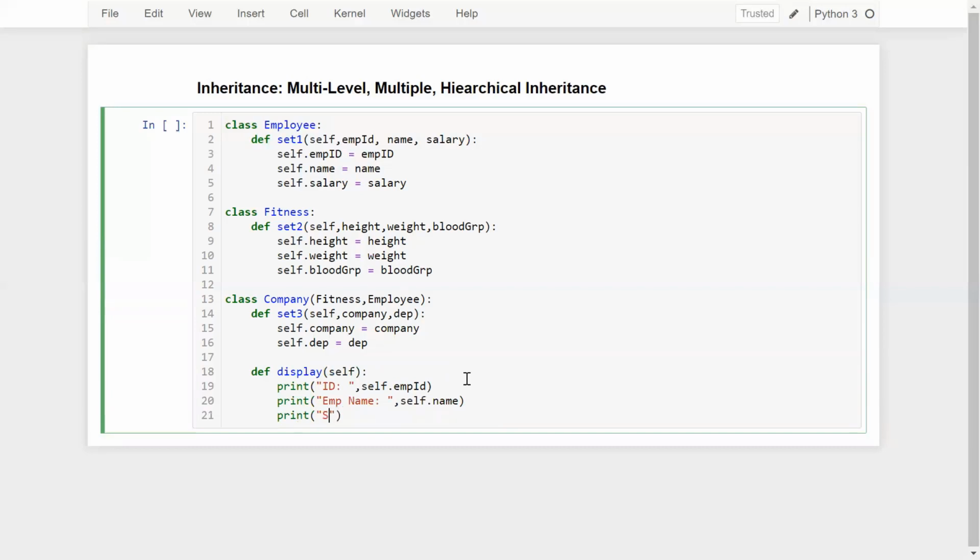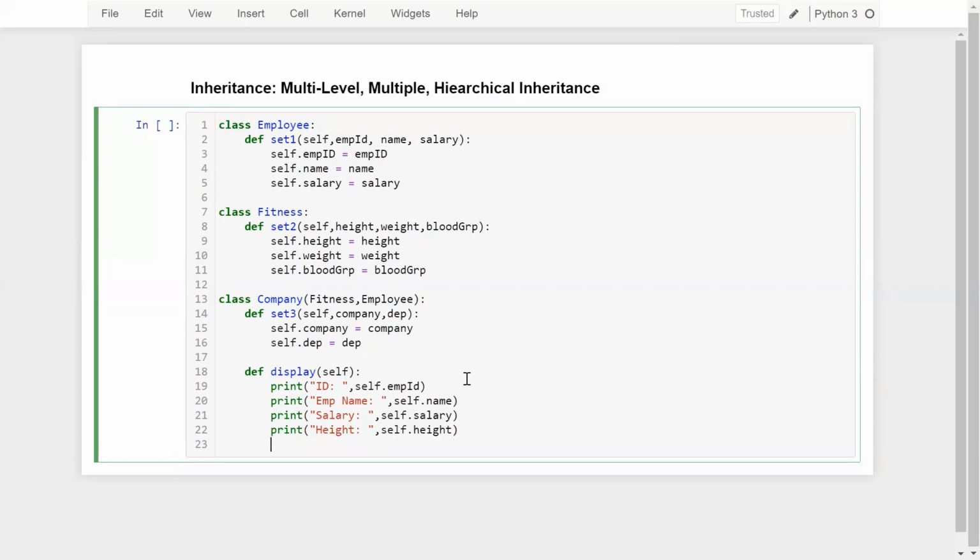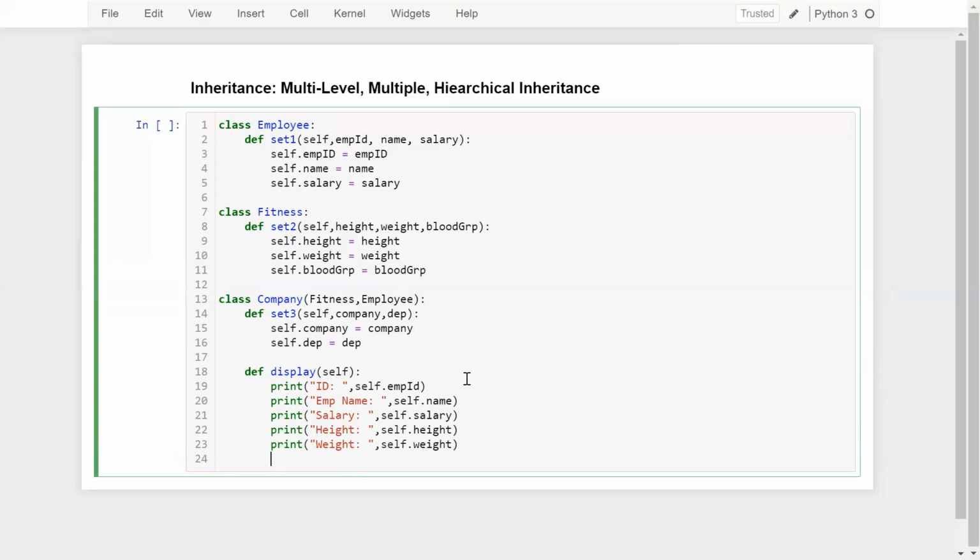Once again, let me print the salary of the employee, which is self.salary, and print the height of the employee, self.height. Whatever information you want, you can display here. Then self.weight, and the last is the employee blood group, so simply self.blood_group.